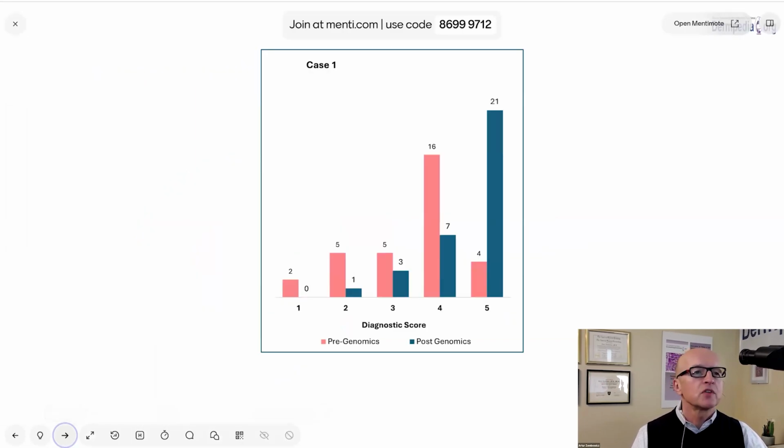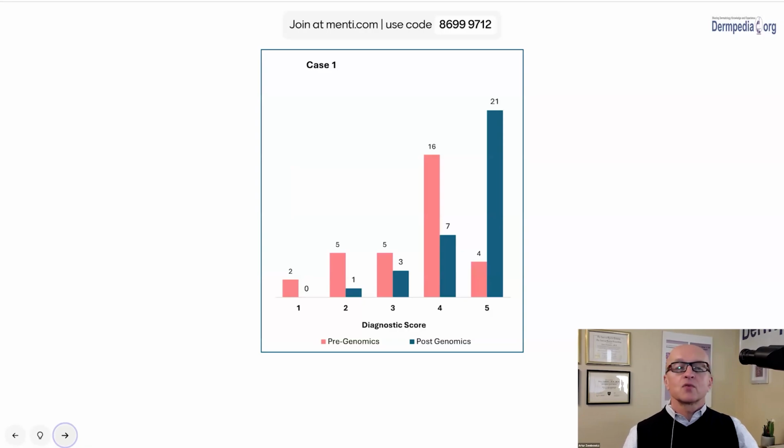So I'll show you the experts. You guys were pretty much following the experts. So in an expert study, pre-genomics, the majority of folks favored Meltump, DPN-like Meltump. And after genetics, we were able to be more confident to diagnose this lesion as malignant melanoma, which at the end of the day was our consensus.